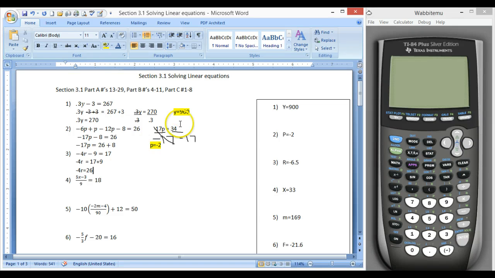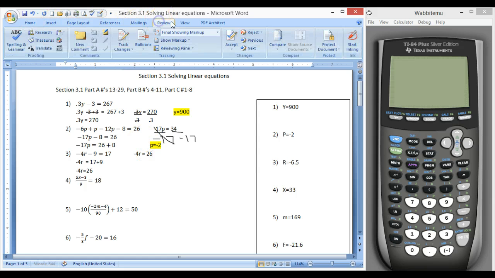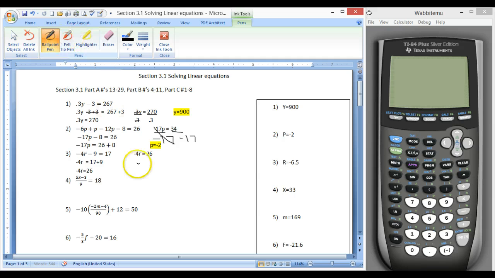And now I need to do just what I did in number 2, divide both sides by this negative 4. I'm going to scoot over, and I have negative 4r equals 26. Divide those both by the negative 4,